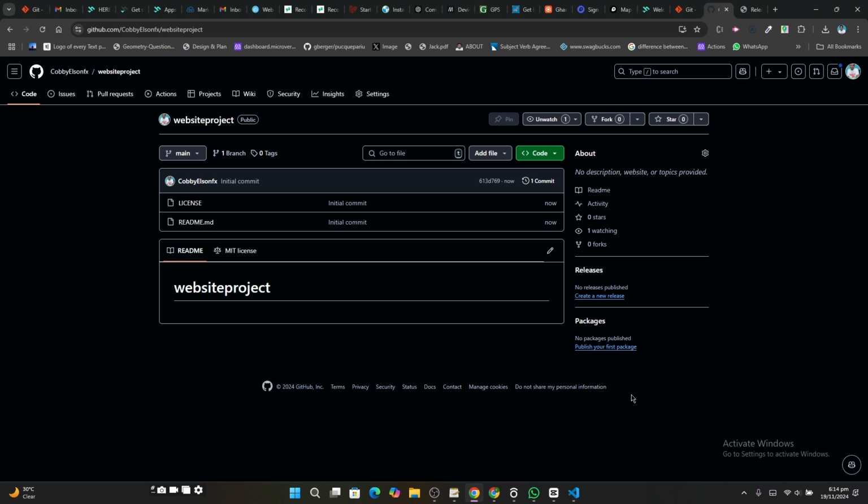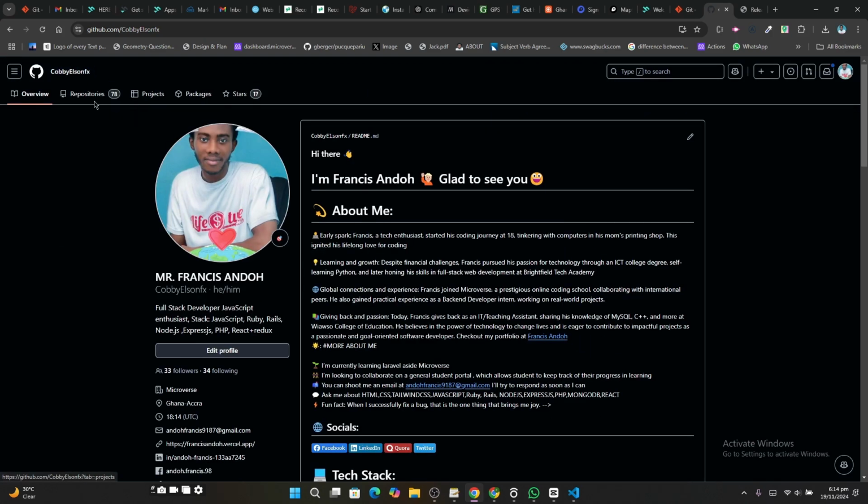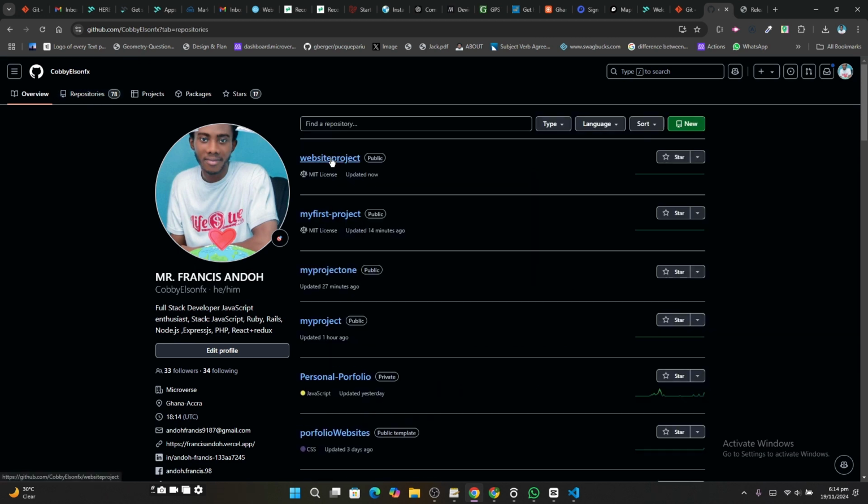Now in cases where you want to contribute to a team project, the leader will create a repository and you will only have to clone it. So I'm going to show you how to clone it. This is on the other hand, that is if you're starting on a project on your own. So let's say you have to contribute to a certain project, and you have been invited. After receiving the invitation, you just go to the repository of the person. In that sense, you're not going to have the repo in your GitHub account, but you rather go to the person's or the leader's repo, and then click on that particular repo like this,